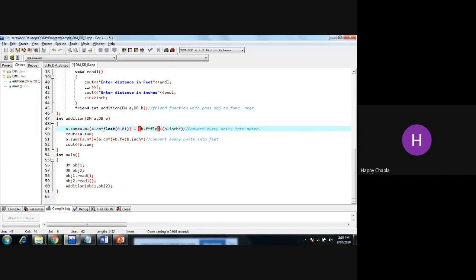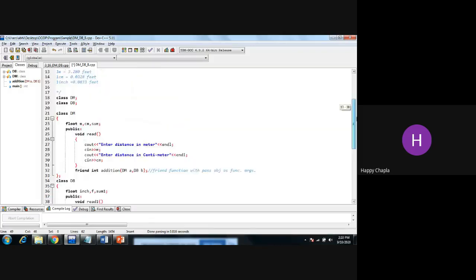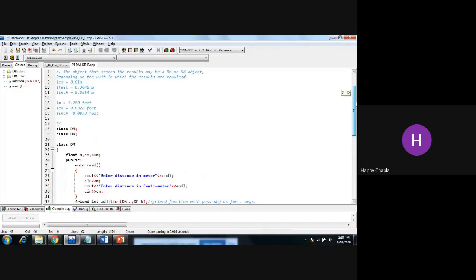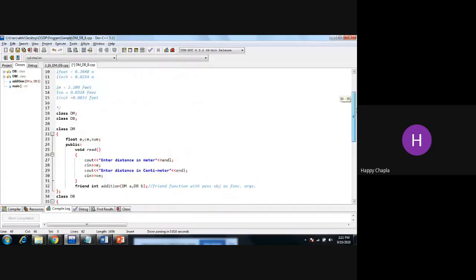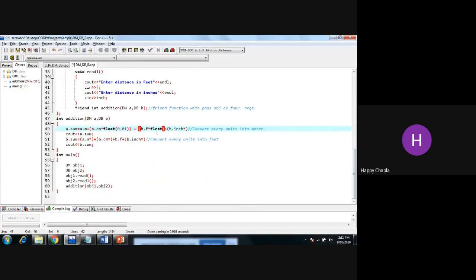Feet, we have to multiply it with 0.3048. And inch, 0.0254.